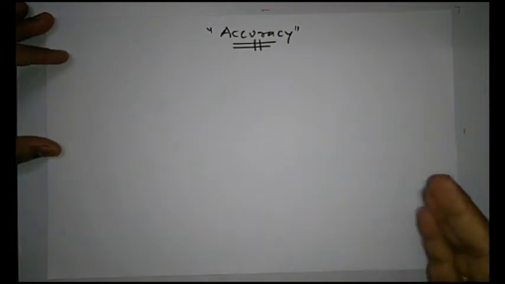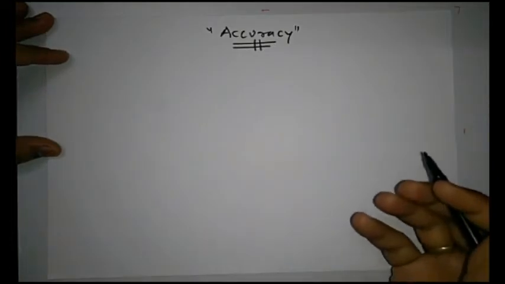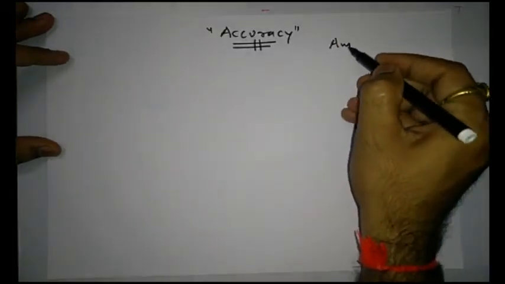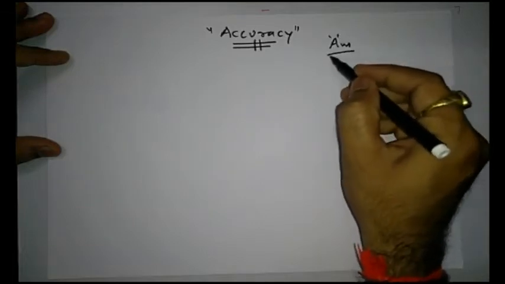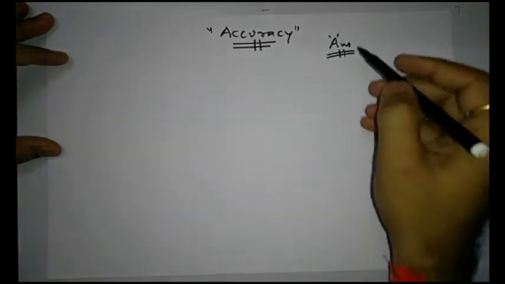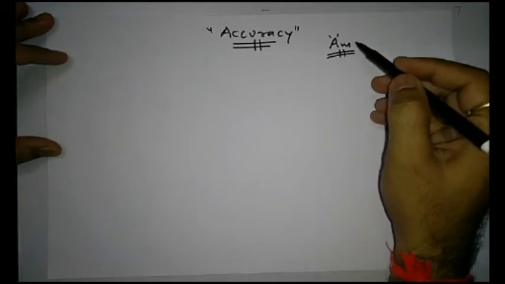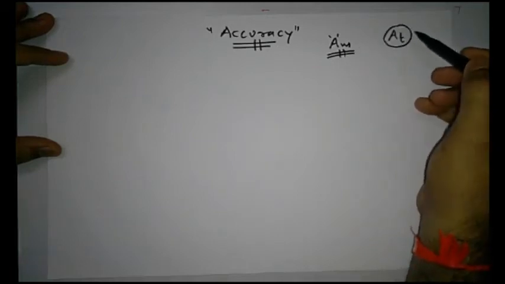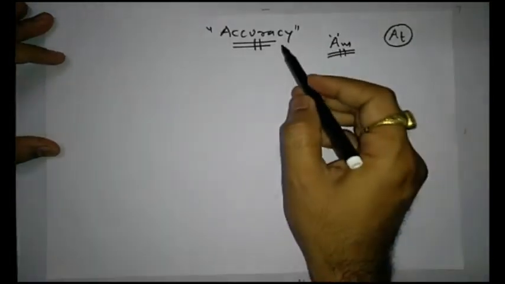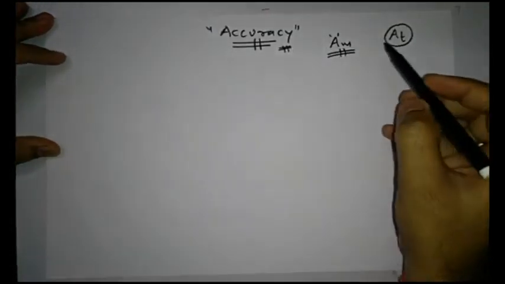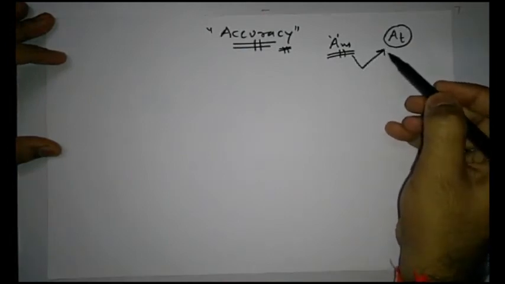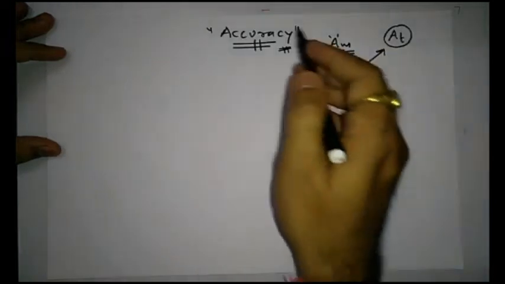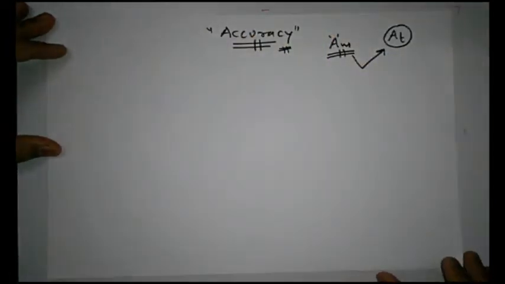For example, with the help of an instrument we are trying to measure the value of some unknown quantity, and the value of that quantity which we got from an instrument is say AM, which is nothing but the measured value. And suppose the true value of that quantity is indicated by symbol AT, then with the help of accuracy we are trying to define how close this AM is to its corresponding true value. So that closeness we are defining with the help of its accuracy.